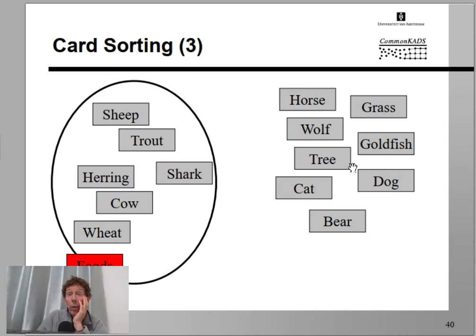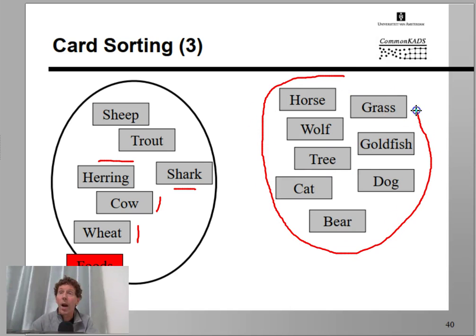Well, we could put sheep, trout, shark, herring, cow, and wheat together. So clearly this is no longer a plant-animal distinction, right? Because wheat is in the same group as cow and shark and herring. But if we look at the other group, things like horse and bear and dog and grass, then we can